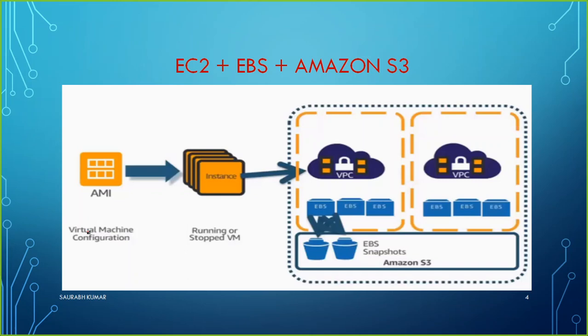Next, you can see what happens when we talk about EC2, EBS and Amazon S3 all together. How does it work? First of all, you have an AMI, Amazon Machine Image. Maybe you have an image of Amazon Linux or Windows or Red Hat Linux, and by using that image, we create an instance. According to this picture, there are 4 instances. Maybe the first one is running Windows, the second also Windows, the third Red Hat Linux, and the fourth, let's say, Amazon Linux. So you have 4 instances.